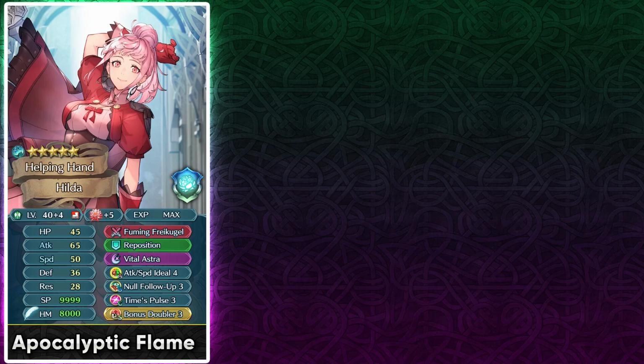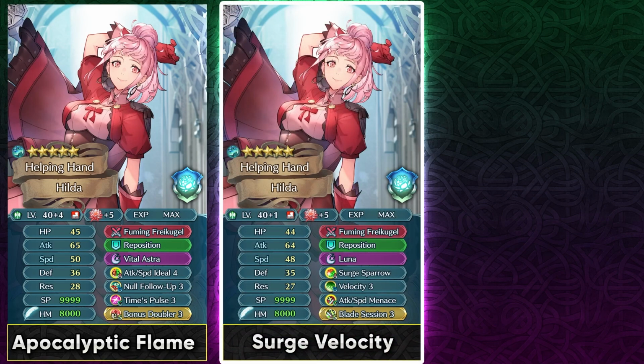in many matchups. You can also use her with a more player phase oriented build by running Surge Sparrow, and with this kind of build, I would definitely recommend giving her some kind of external null follow-up so that she can double the follow-up negation units and trigger her Luna to do a lot of damage and also heal up